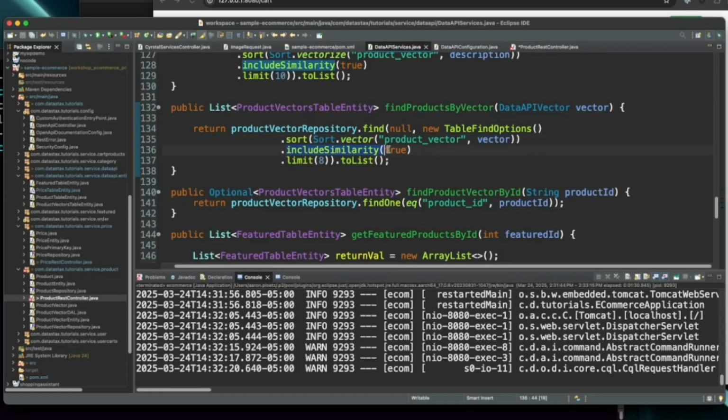We're going to include the similarity score as one of the columns, and we're just going to do a limit 8 on that, and then finish with a toList to return that as an array list. So this is really what we're ultimately going to end up using.